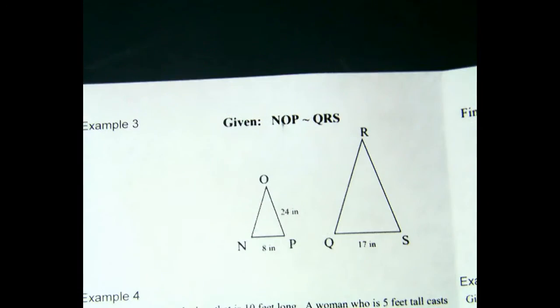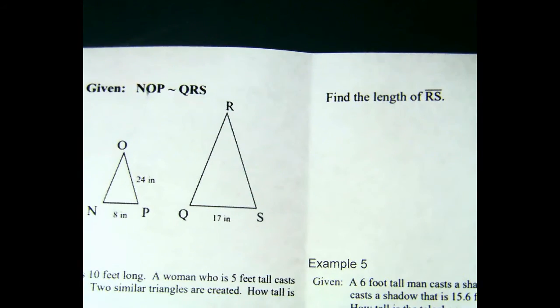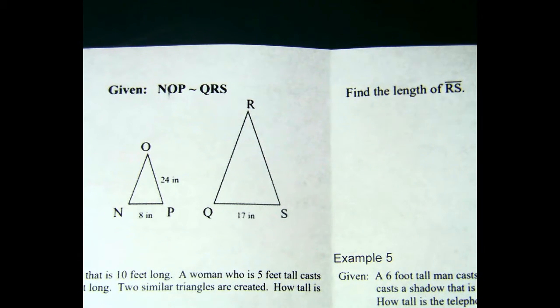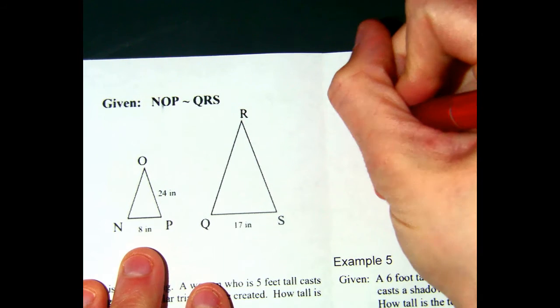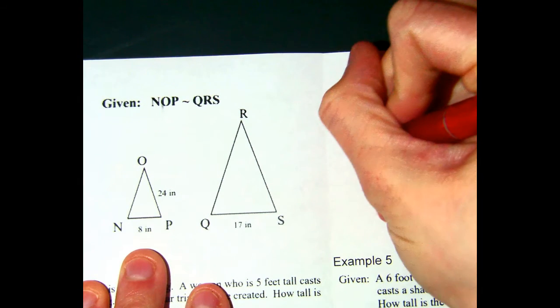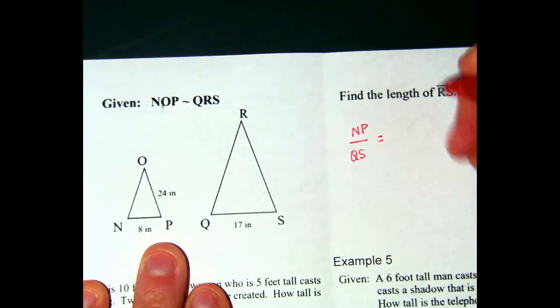Example 3 is the same. You were supposed to find the length of RS. Again, good idea to stop it. Try it yourself. Again, we can set up a proportion. We already know what NP is. We already know what QS is. It should be equal to OP